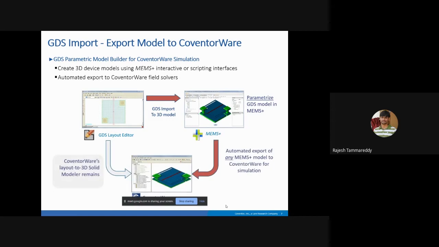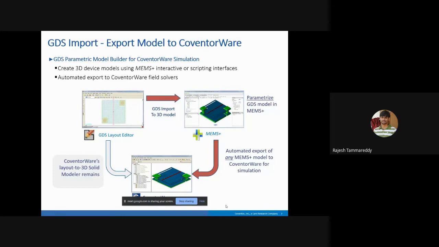What you are doing here, importing geometry in the sense, the 2D layout will be mapped along with each component. Suppose that red layer in between, if you see there, corresponds to some beam. Another layer corresponds to some plate, or layers corresponding to some electrode. So you will map these layers to the components. Once it is mapped, there is a construct 3D model option. When you use that, it automatically creates the 3D model using the components and the layer information.